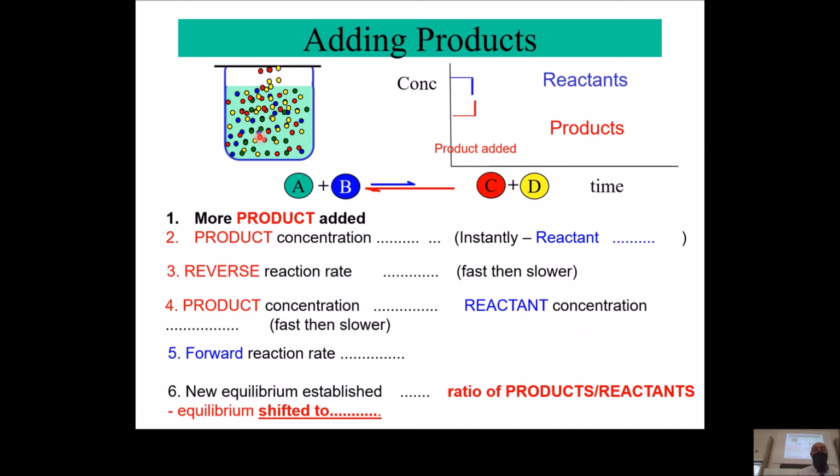What does that do to the amount of reactants? Concentration of reactants increases. What does that do to the forward reaction rate? Increases it. So the amount of products reduces because the reverse reaction rate is increased. That makes the amount of reactants increase because more reactants are being formed, which increases the rate of the forward reaction. So now you get a new equilibrium established,